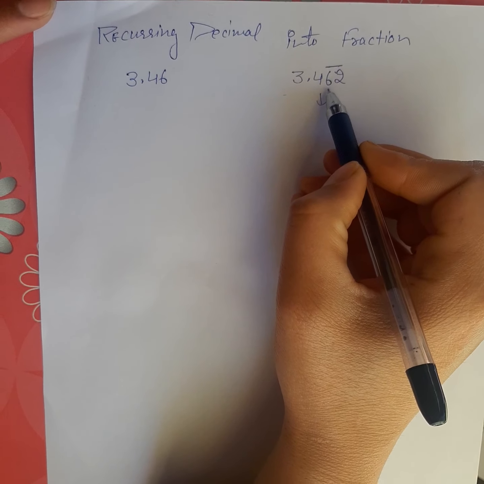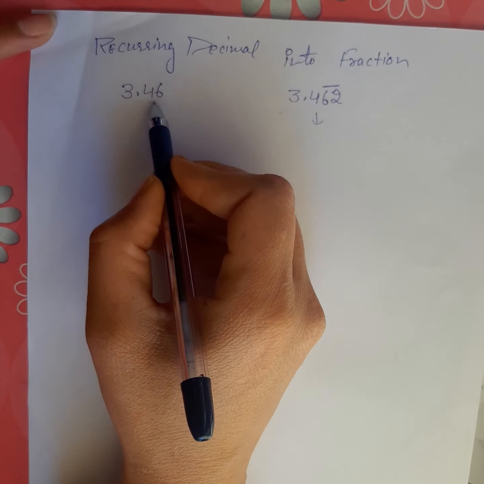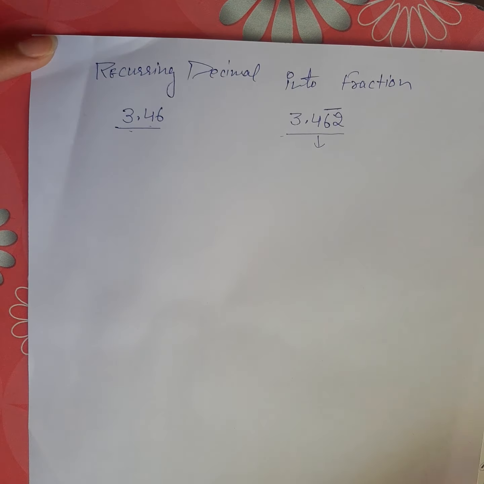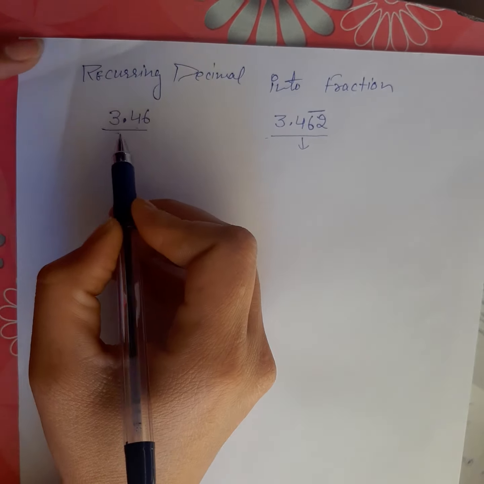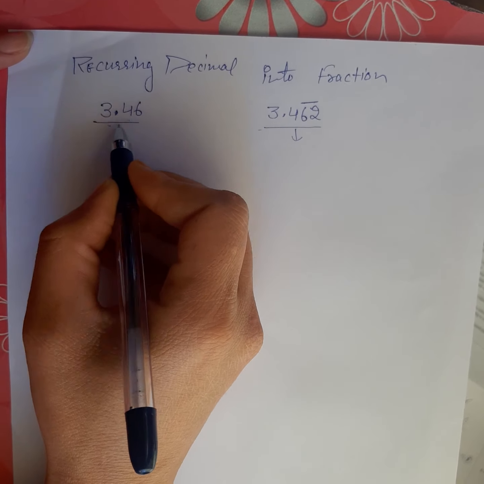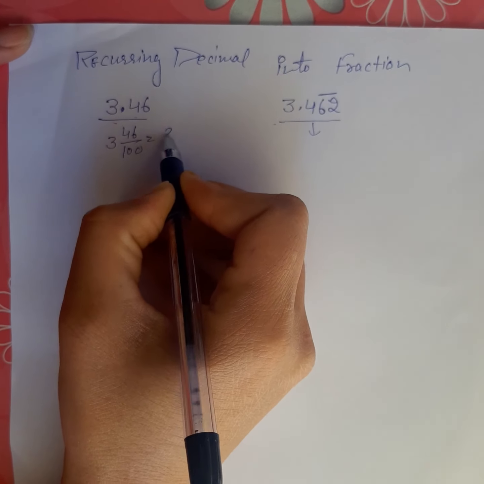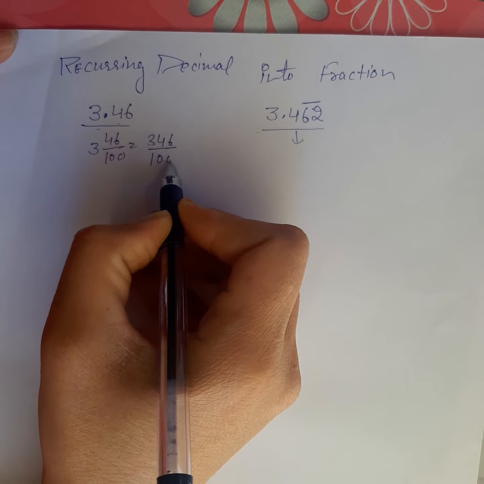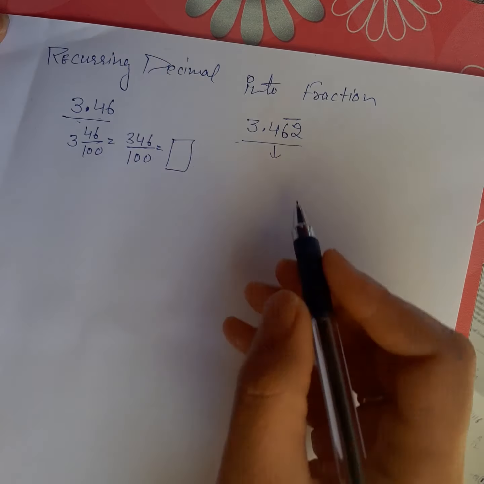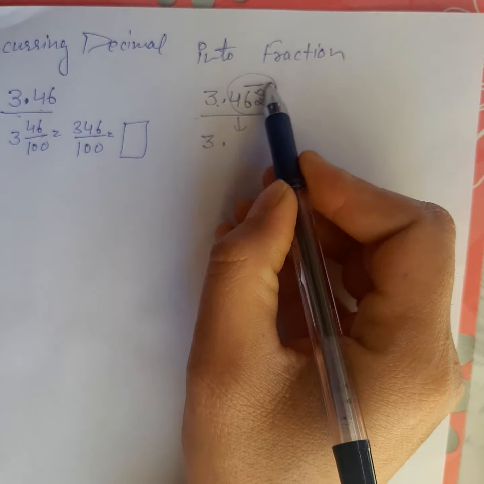Before I explain this, you just find out where's the origin of the difficulty, why this is easy and this is tough. The reason is it's without a bar, and we can easily decode this decimal part. It can be written as 346 over 100, and further it can be reduced to a simpler fraction. You all know this. But here we don't have the way to decode them.